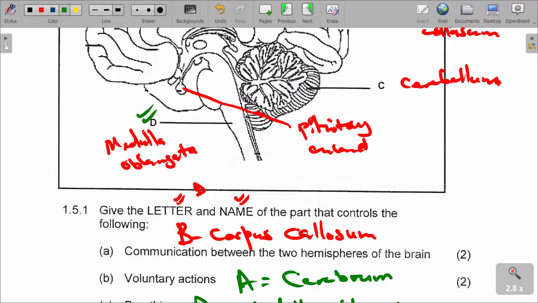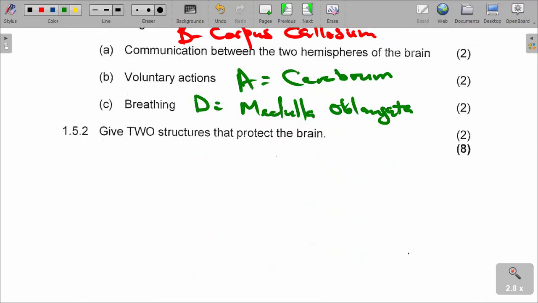We are saying structures that protect the human brain. Protection of the human brain, I've always said, as we go to exam class, it is very recommendable that you don't go to an exam without revising that one. You should always know that there is always a question that comes in terms of the protection of the human brain. So the human brain is protected by, we have got one, it is protected by the